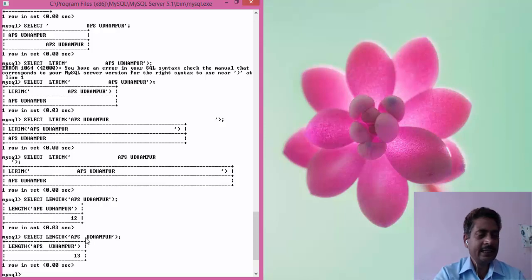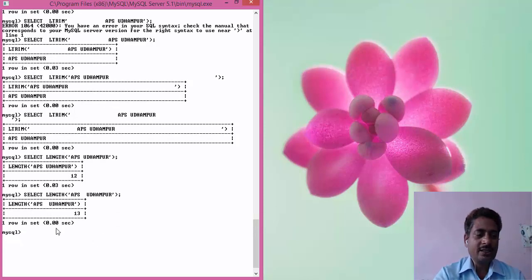Then the next function is the instr function, to search a string within a string, like I have already taught you about this in 11th class. Select instr, corporate, then OR, corporate floor.